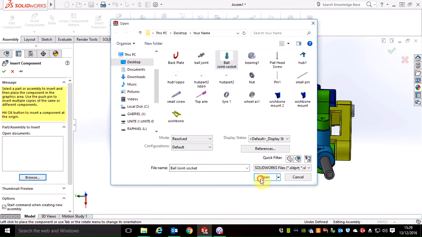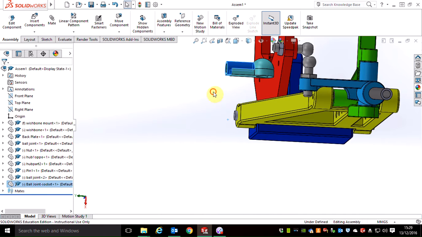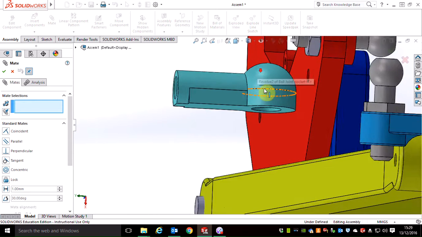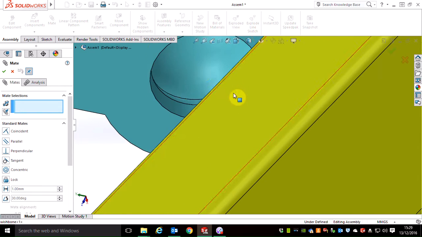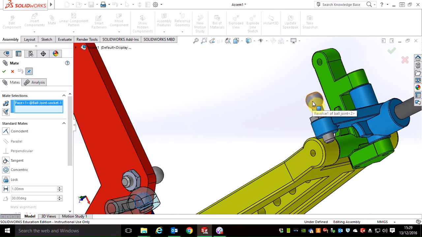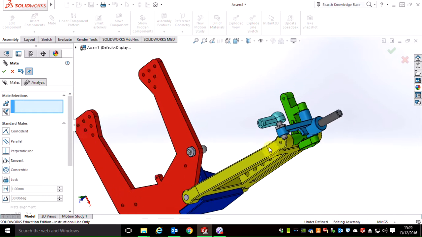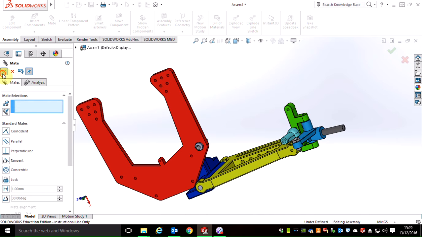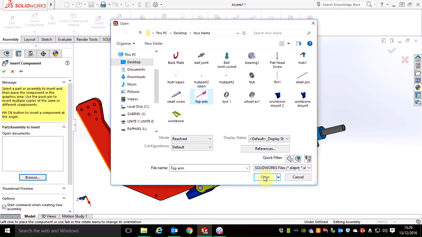Ball socket, open. So put the ball socket in, I'm going to move it into a place that I want, I'm going to put a mate in. So I want to mate that spherical in there to that spherical, which is giving you a tangent relation, which it has to be. Press OK, and then press OK, insert more components, browse, the top arm,